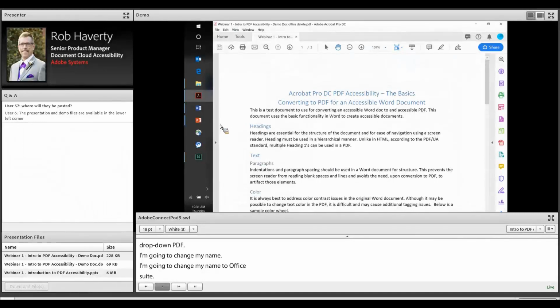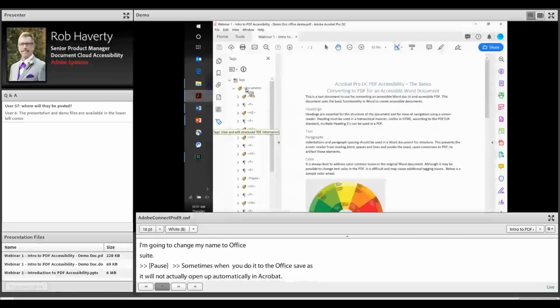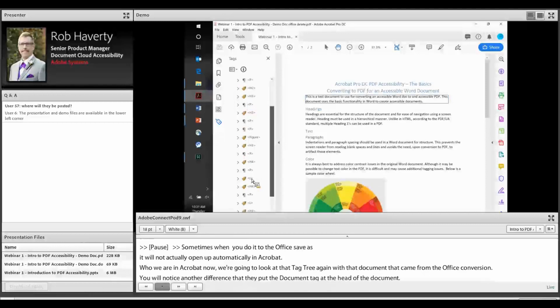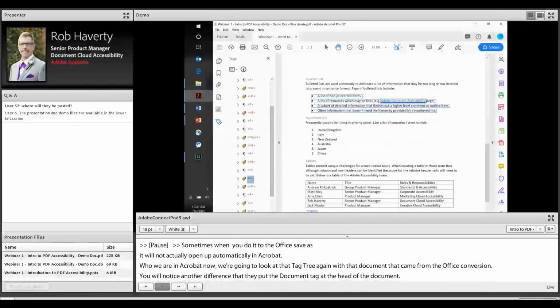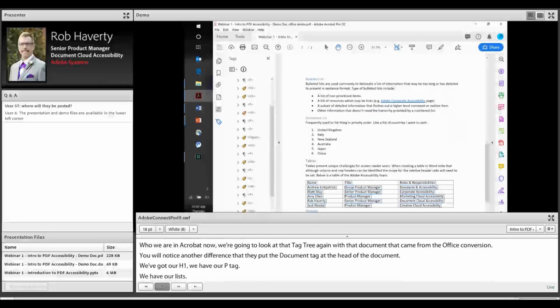So here we are in Acrobat now, and we're going to look at that tag tree again with that document that came from the Office conversion. You're going to notice another difference. They actually put the document tag at the head of the document. We've got our H1, we've got our P tag, we've got our list. So again, pretty much there may be some differences in the details of how lists are done, but again, pretty much we've gotten everything